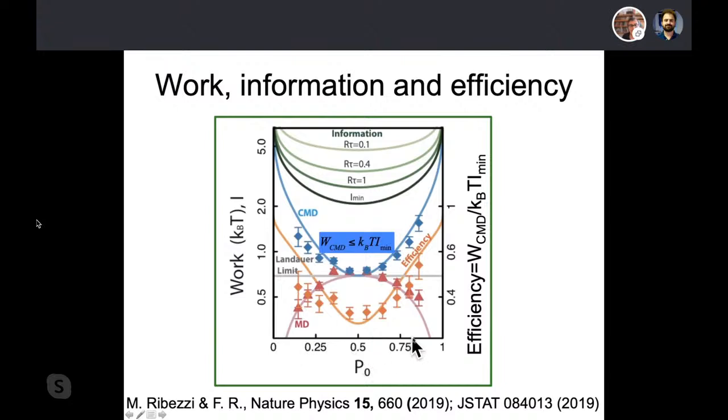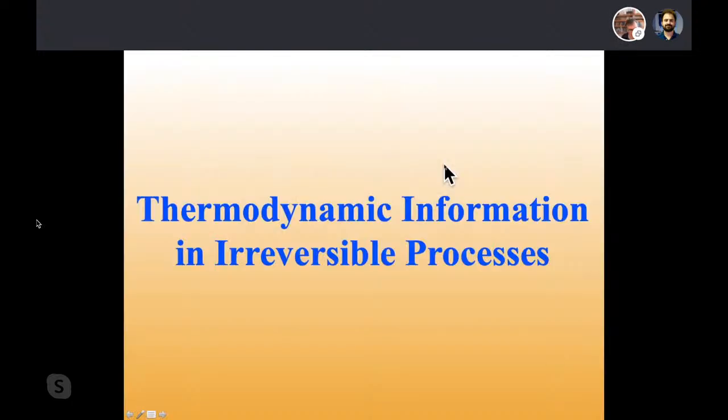P0 going to 0 or P0 going to 1 means that you have a Szilard where your wall starts completely crashed on one of the two sides of the container. So you extract maximum work. Actually, you extract infinite work. So it diverges, which is the divergence you see here. Of course, the information also diverges, so you are always within the second law. I think I will stop here.